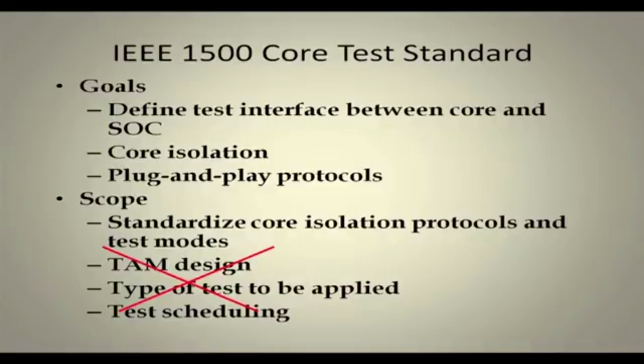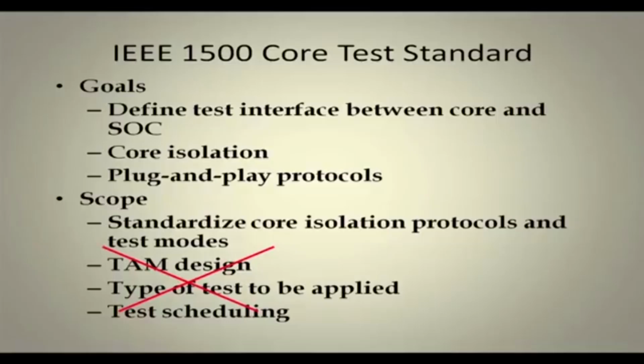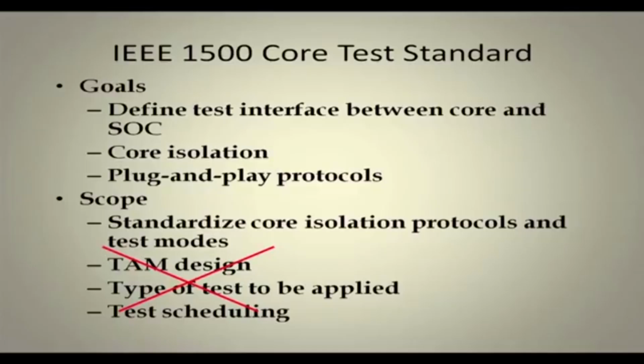This tells how you can make a core isolated from others and apply the test pattern to that core only. We have seen previously that the rest of the cores are put into bypass mode whenever we are transferring a test pattern for a particular core, and then that test pattern is applied. Either serially or parallelly, but the rest of the things, like the TAM design, type of test to be applied, and test scheduling,